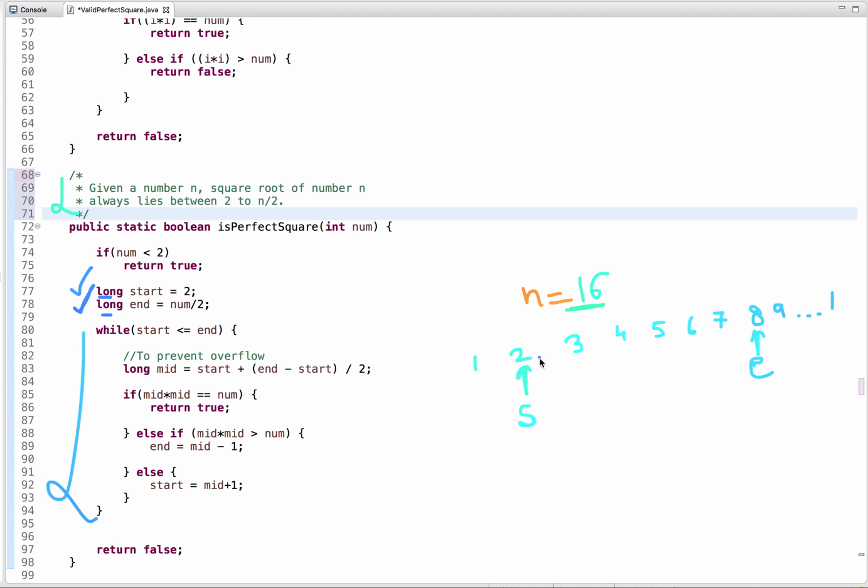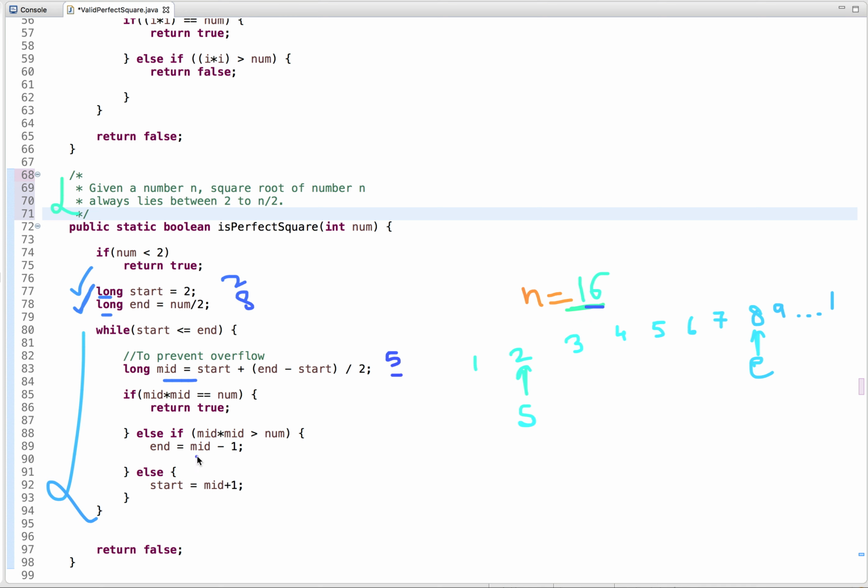Let's first calculate the mid. Start is 2 and end is 8 for this input, and when I calculate mid, in that case the mid is 5, and when we do the square of mid, it is greater than the number, which is 16.